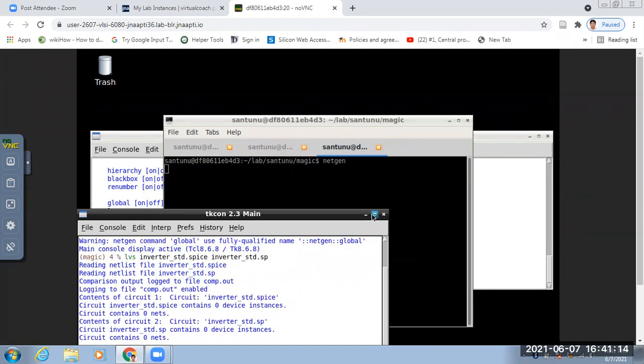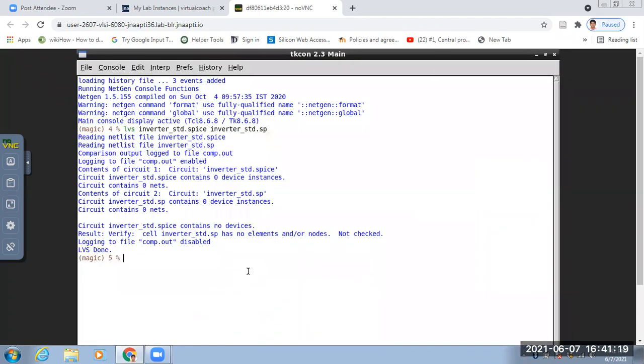So you can check the comparison output, comp.out. Okay, so now you will compare.